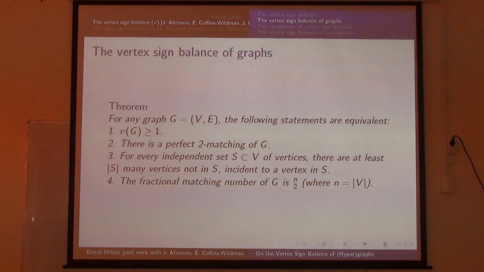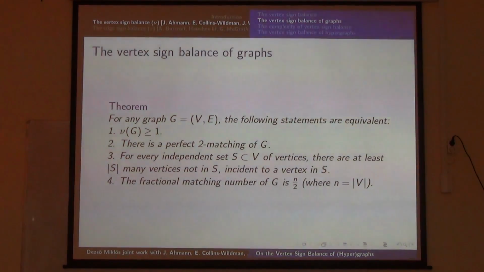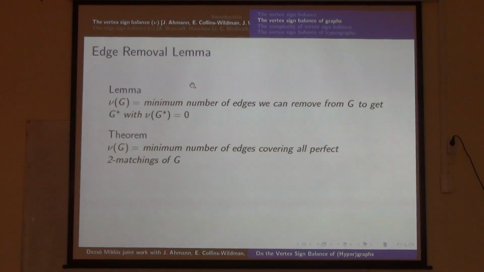It's not a very difficult theorem, clearly, and the proof is not a very big deal. Probably the easiest is to prove the equivalence of number 1 and number 4. In both cases, what we are doing is assigning weights to the vertices, and with a clever transformation of the weights, one problem can be translated to the other, and then you get that they are equivalent to each other.